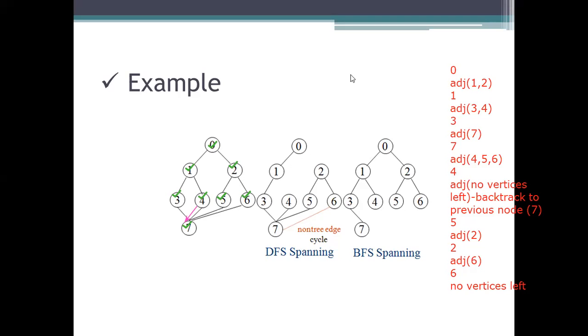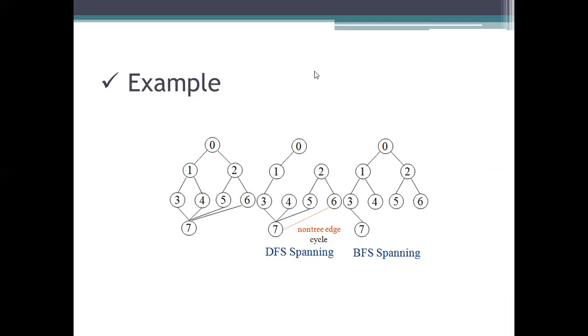BFS, that is breadth first search. Here we need to take the levels from left to right. We need to visit all the nodes level by level. At each level, we check whether there are any adjacent nodes, and we need to cover all the nodes at this level before we go to the next level. This looks like a tree structure, and this also has a tree structure if you do not consider this edge, which is the specified one. Okay, so that is one example representation using DFS and BFS.